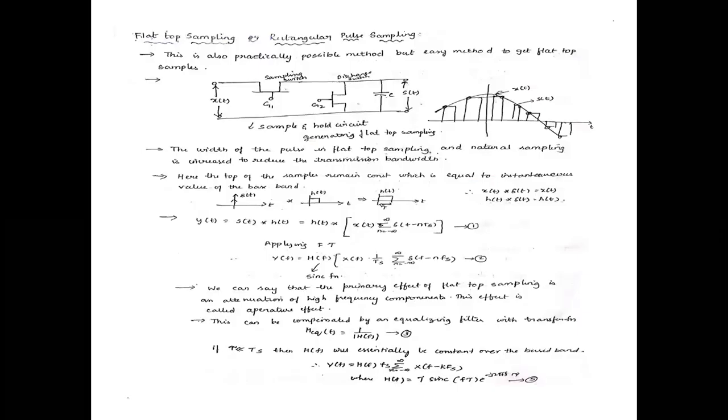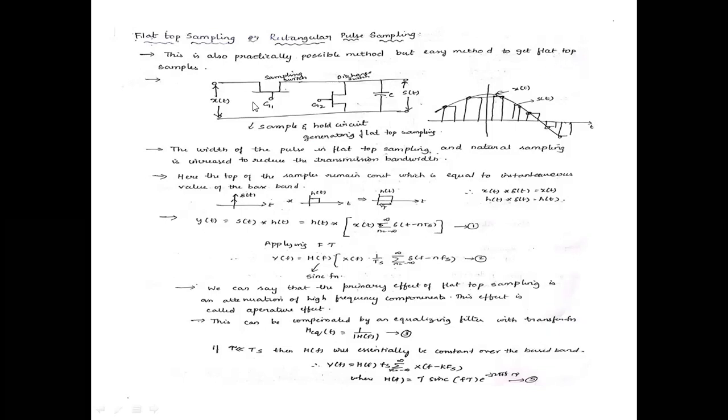The flat top sampling is also called rectangular pulse sampling. This is also a practically possible method. Why am I saying this is a practically possible method? Previously we already discussed natural sampling. It is also practically possible, but impulse sampling is not a practically possible method. But it is an easy method to get